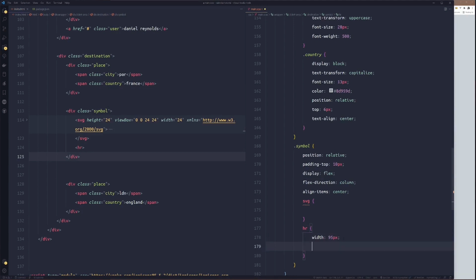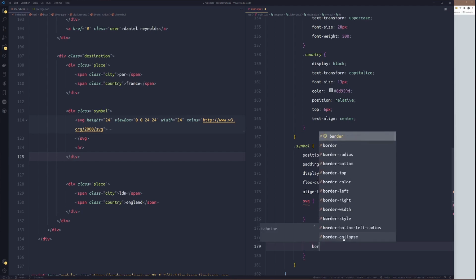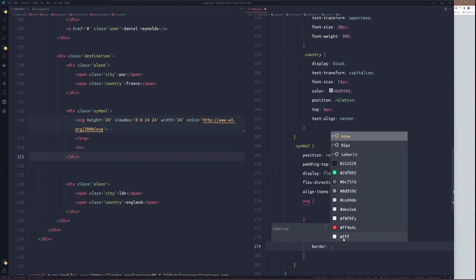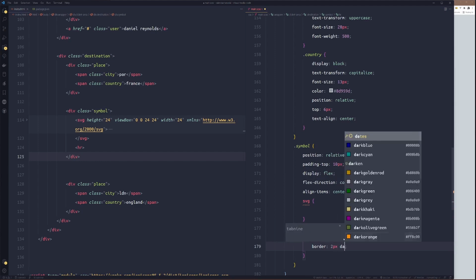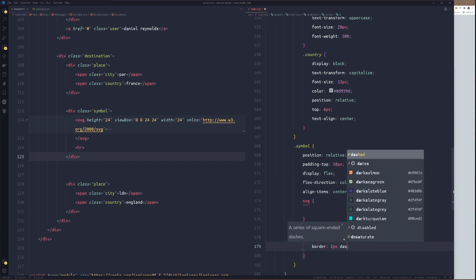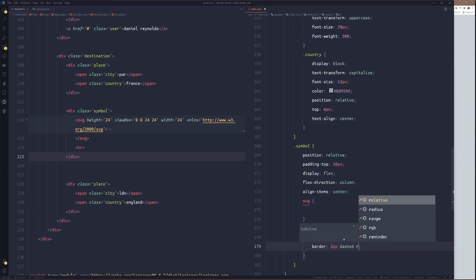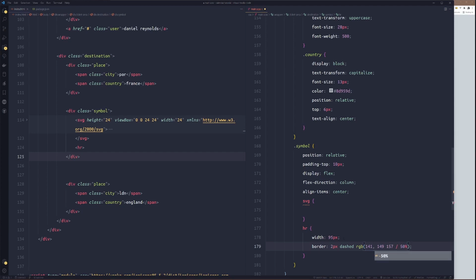Then border, just a border 2 pixel dashed RGB 141 149 157, then 50% opacity.